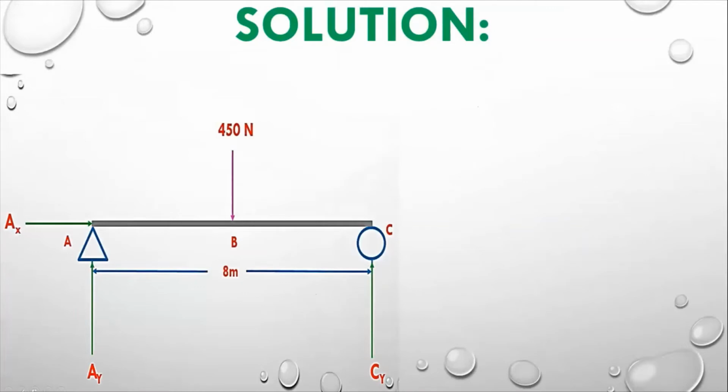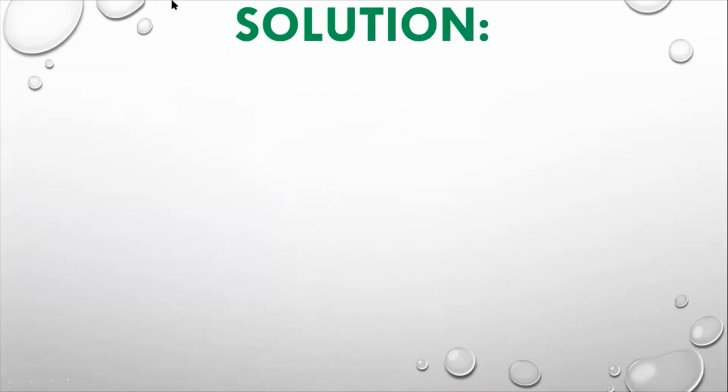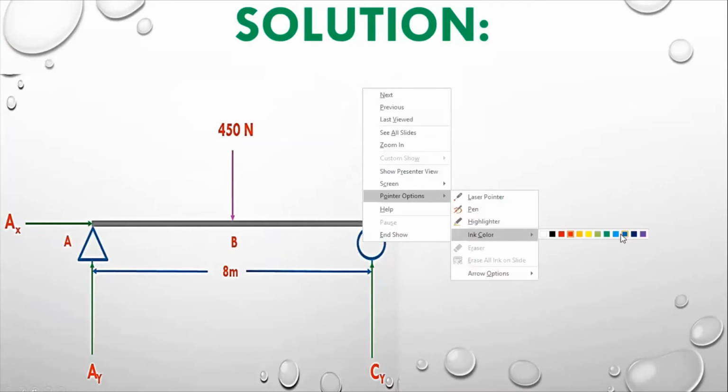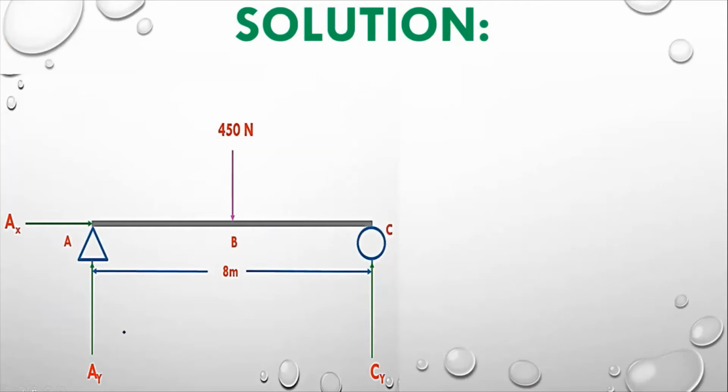I have taken the picture of this beam free body diagram, and now I am going to solve. We will sum up vertical forces, moment, and also horizontal forces. Let me tell you how. Let me start with the pen, and I am taking a color marker. I am going to sum up the moment at point A. Anti-clockwise direction should be positive, so clockwise should be negative.